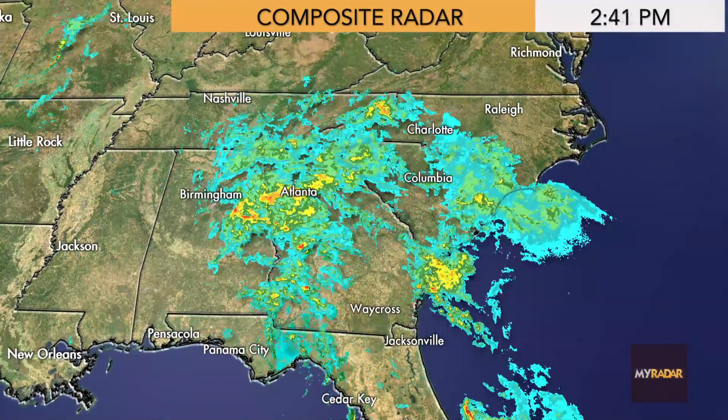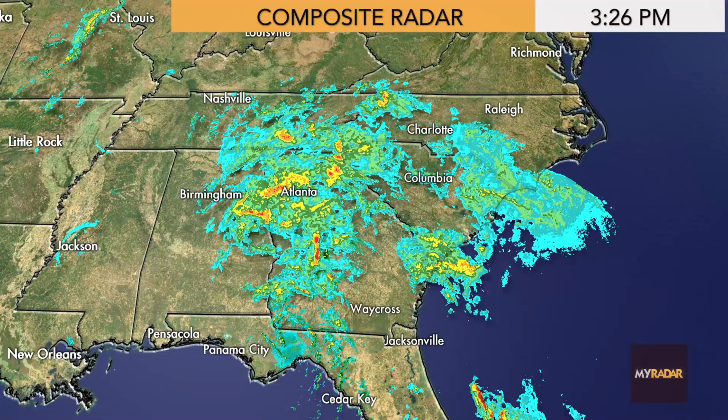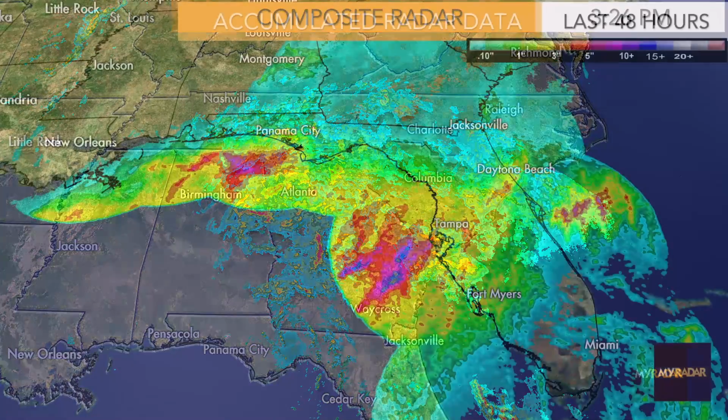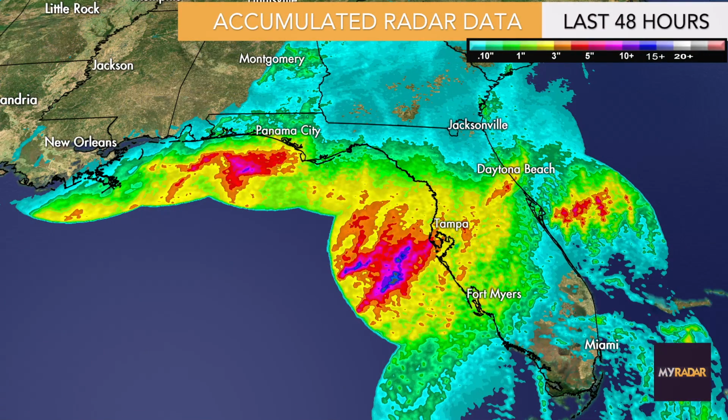A lot of rainfall near the Piedmont here and through Atlanta associated with Nestor. So those accumulations, however, have not been as severe as we thought they might be. Most of the rainfall is happening offshore into the waters of the Gulf of Mexico. You can see over 10 inches of rain happening in the offshore waters near Tampa Bay. So it's a good thing that it hasn't fallen in such a mass quantity over land, but Central Florida getting